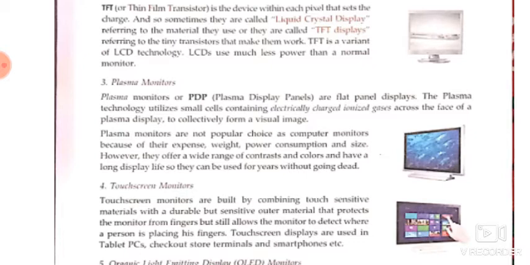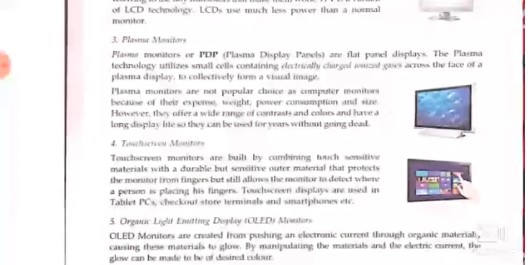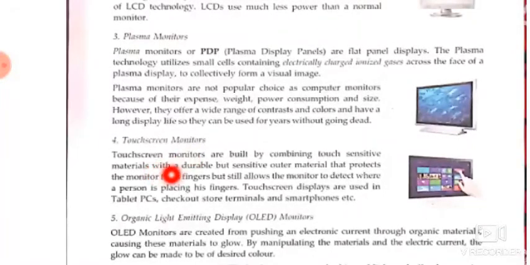Okay, now another type of monitor is the touchscreen monitor. Touchscreen monitors are built by combining touch sensitive material with a durable but sensitive outer material that protects the monitor from fingers but still allows the monitor to detect where a person is placing his finger. Basically any monitor, like LCD monitors, is used in a touchscreen monitor by combining the technology of touch sensitive materials.